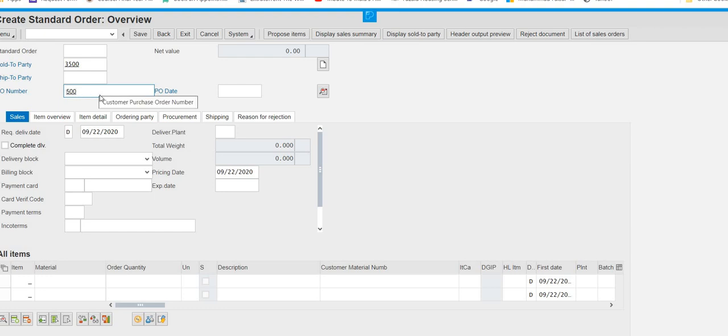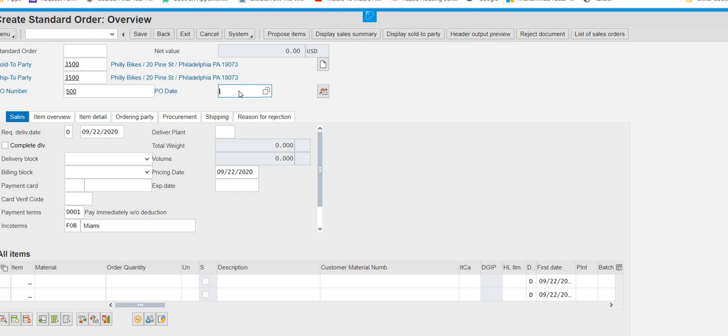Then what next do we have to do? Maybe we will press enter here. Now we have to put in the purchase order date. They are asking us to select a date after 3 days.